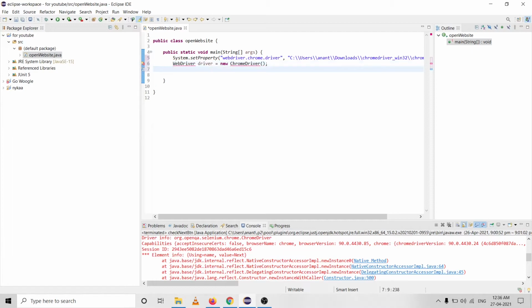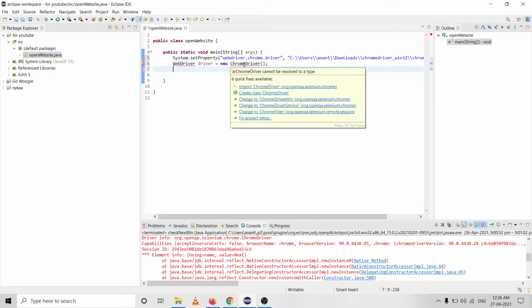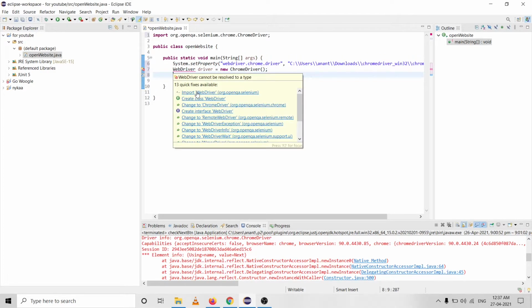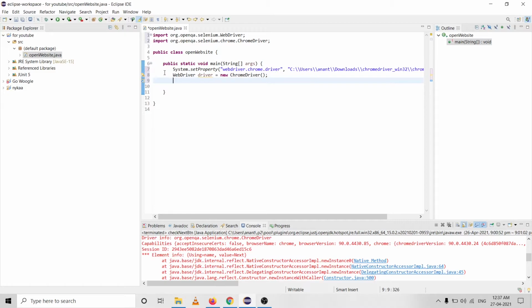As you can notice, there are red underlines. That means there are some errors in that line. It is because we have not imported the libraries. Just right click and click on import.